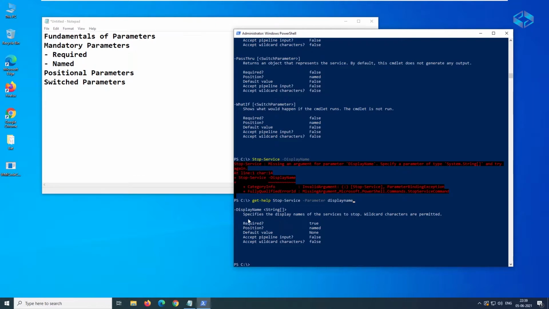When I display the parameter details here, you can see this is required, because for stopping a service you need to tell what service you are looking for and would like to stop. So that means this is a required parameter. Display name is compulsory, it's a mandatory parameter for which you need to give an input. And then what is position, which is named, right? You need to give an input of the